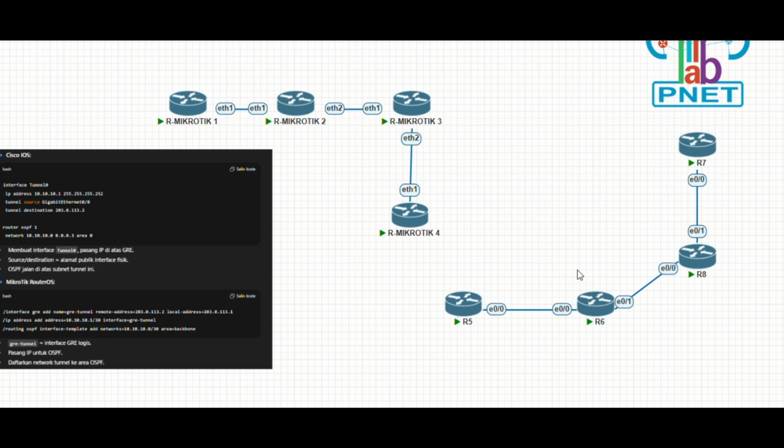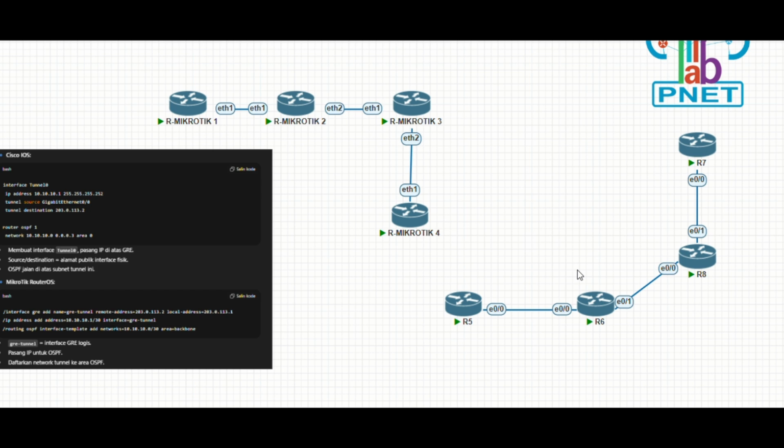So in the MikroTik, there is a big difference because in MikroTik you should add the interface name, GRE. You should first make the interface name, maybe GRE tunnel, and there is no tunnel source or tunnel destination. The tunnel destination in MikroTik is named remote address, and the local address is the tunnel source.